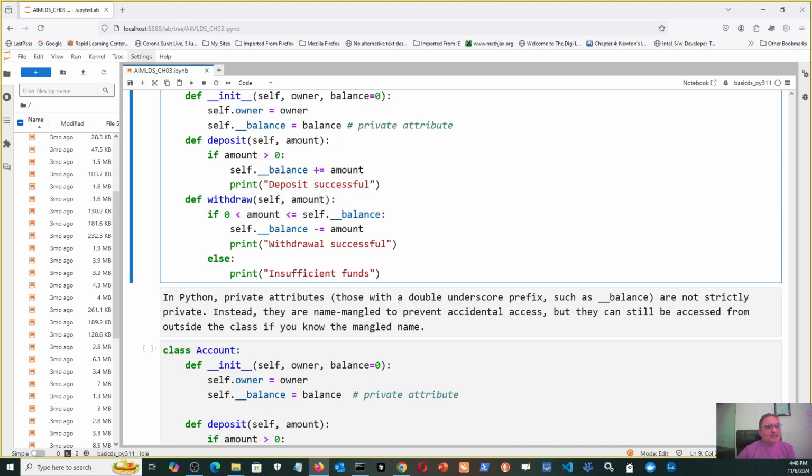Again, you have to pass the amount only, how much you want to withdraw. Self is always there. And if 0 is less than amount and amount is less than balance, that is, if by mistake you put some amount which is more than your bank balance. So amount is less than balance, then it is fine. But if amount is more than balance, the else part will be triggered,